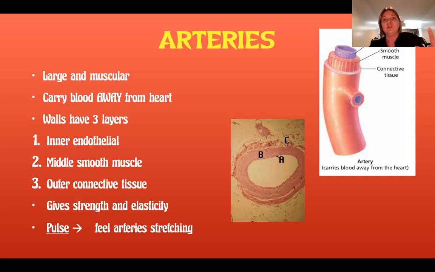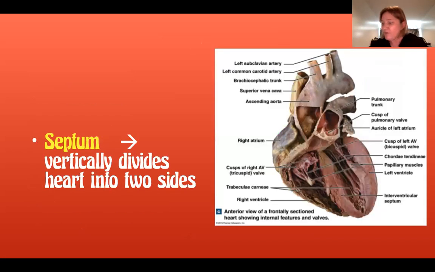Because don't forget, just when the ventricles contract, I do actually want to go back to here. One thing that I want to draw your attention to, and it kind of relates to arteries and their thickness. I want you to look, this is the right side of the heart. This is the left side of the heart. And the atria, there's the right atrium, the left atrium's around the back behind the pulmonary trunk here. So you're looking at here's the left atrium versus the right atrium. I want you to look at the difference in the thickness of the wall of muscle between the right side